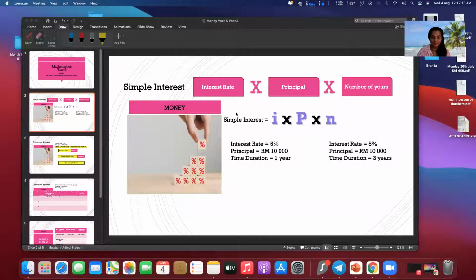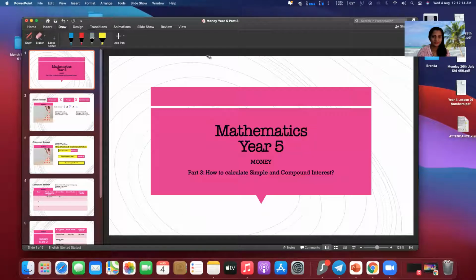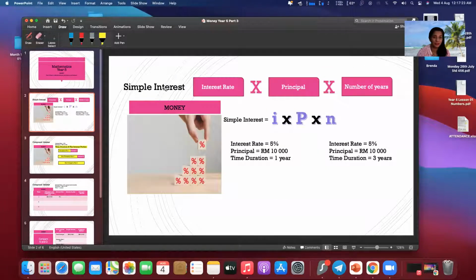This is teacher Brenda here, and today we will look into year 5 mathematics, the topic of money, part 3, and that is how to calculate simple and compound interest. Okay, so let's have a look at how you are going to learn to calculate simple